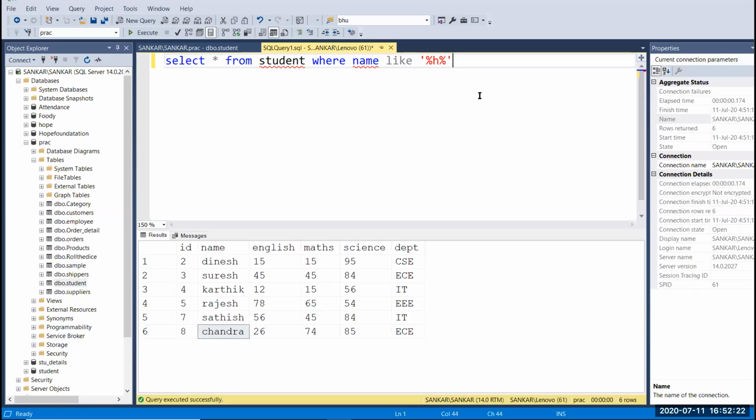If I want to print the names that have A, you can simply pass A instead of H. So you can get the values whose names have the alphabet A, whether in the middle, end, or front position. It will print the values. Thank you all.